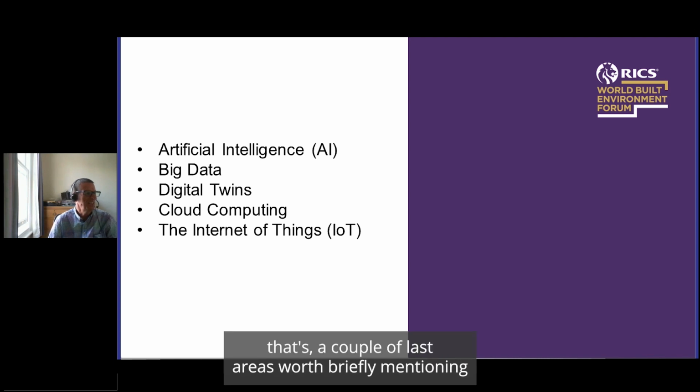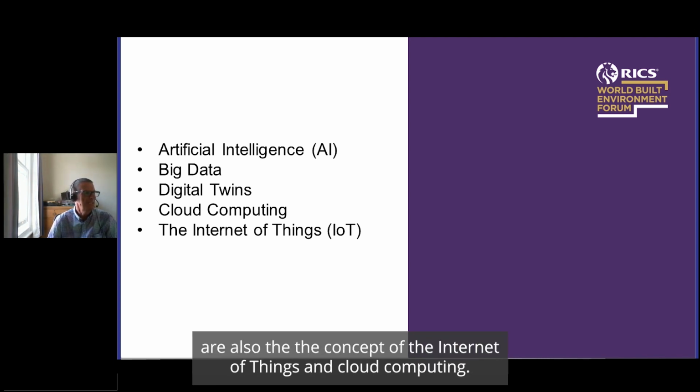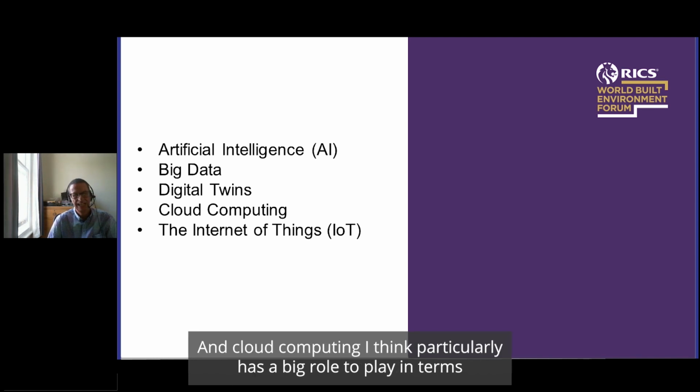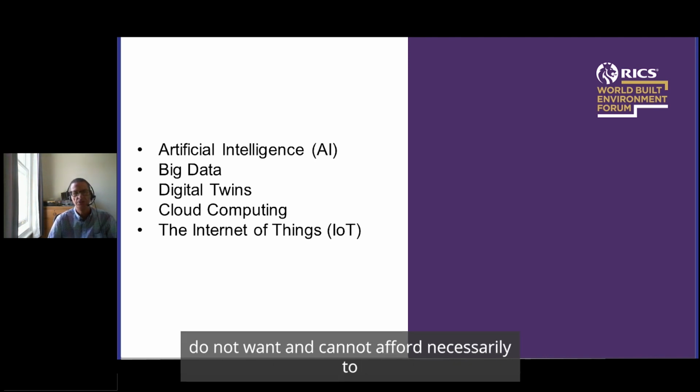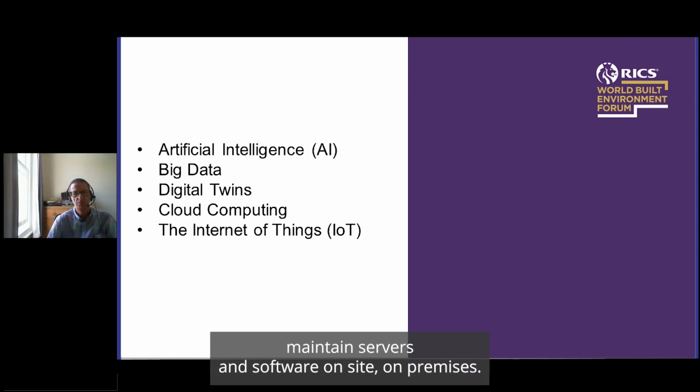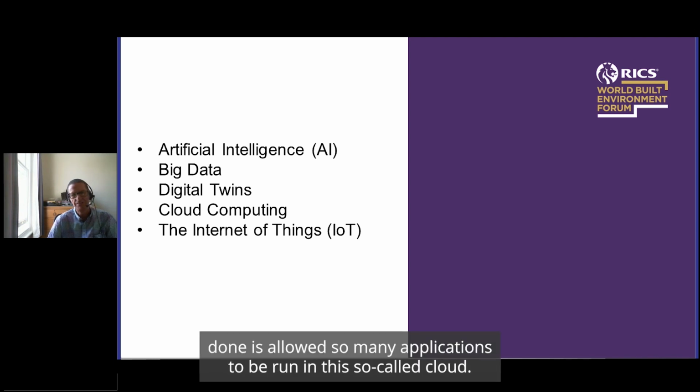One last area, I think, a couple of last areas worth briefly mentioning are the concept of the Internet of Things and cloud computing. And cloud computing, I think, particularly has a big role to play in terms of the democratization of IT and digitization, because many firms do not want and cannot afford to maintain servers and software on site, on premises. And what cloud computing has done is allowed so many applications to be run in this so-called cloud,